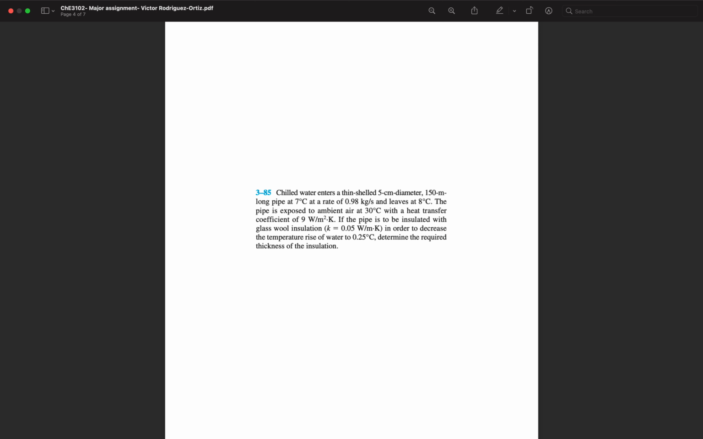This is a problem I chose in the book. It's P3-85. Chilled water enters a thin-shelled 5 centimeter diameter, 150 meter long pipe at 7 degrees Celsius at a rate of 0.98 kilograms per second and leaves at 8 degrees Celsius. The pipe is then exposed to ambient air at 30 degrees Celsius with a heat transfer coefficient of 9 watt per meter squared Kelvin. If the pipe is to be insulated with glass wool insulation, thermal conductivity of 0.05 watt per meter Kelvin, in order to decrease the temperature rise of water to 0.25 degrees Celsius, determine the required thickness